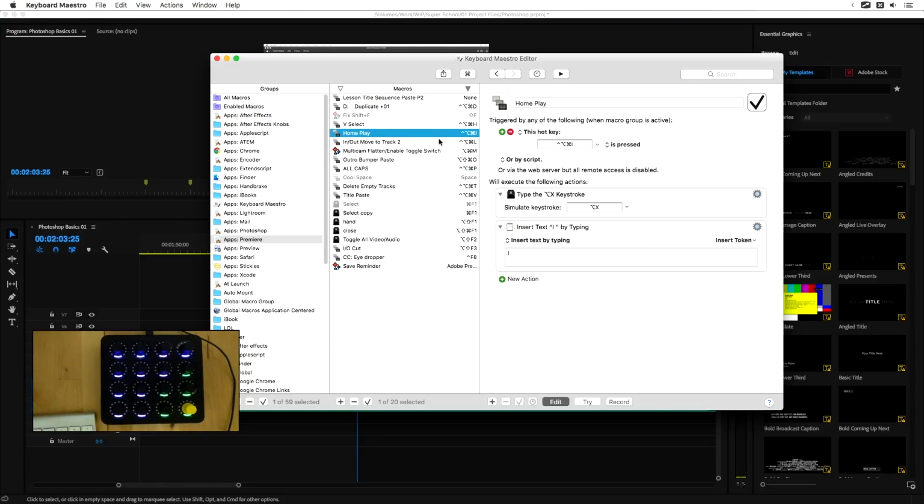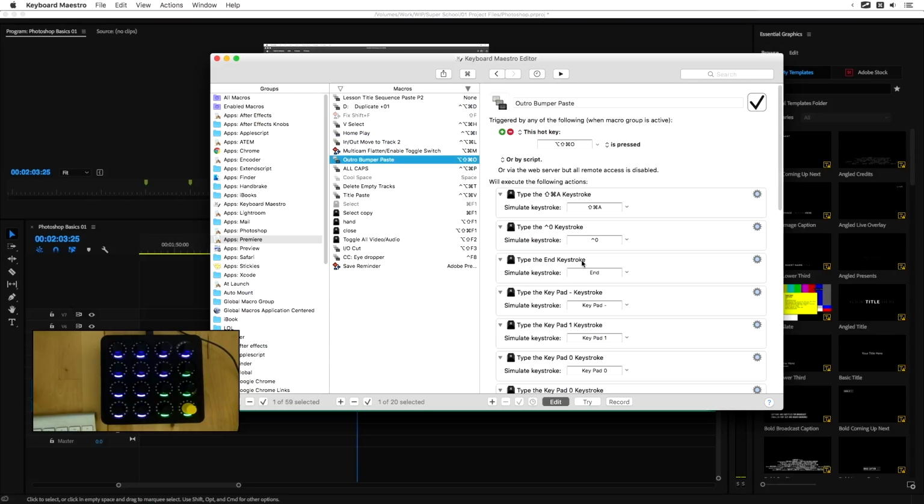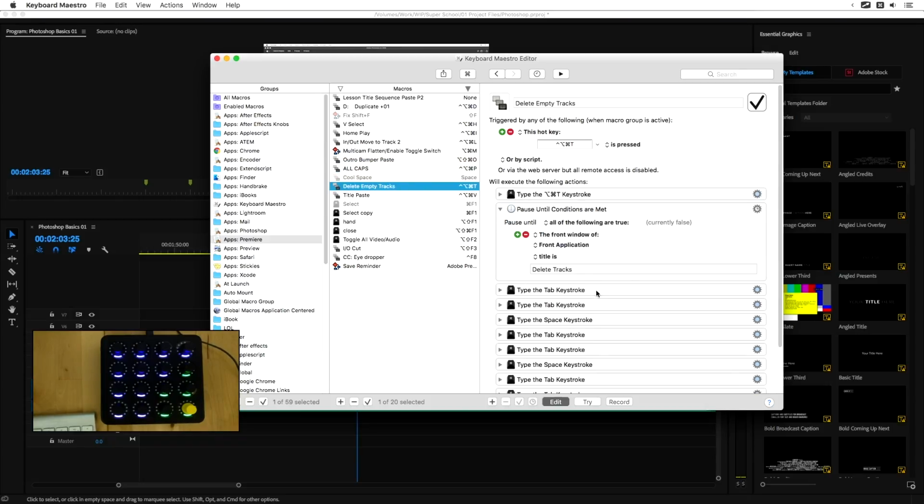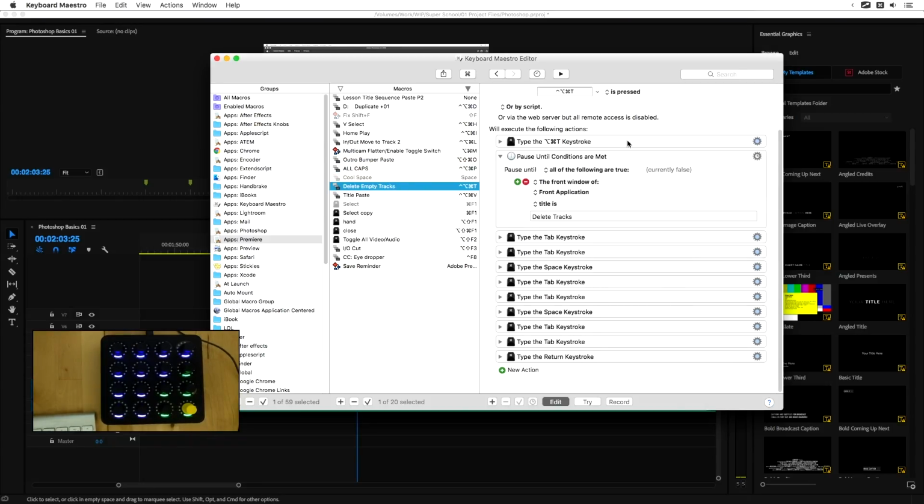Home play, what it's all about. Multicam flatten outro. Yeah, this was very complicated. Yeah, outro bumper paste, all caps. All caps, delete empty tracks. Delete empty tracks is